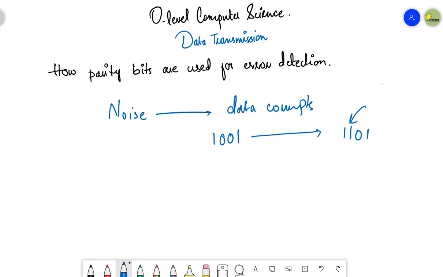So in order to check whether the data is transmitted correctly or not, there are some error detection methods that are being used. And the very important method out of which is parity checking. Yes, parity checking is one of the most important methods that is being used for error detection during data transmission. So in this video, we are going to see this particular method in detail.